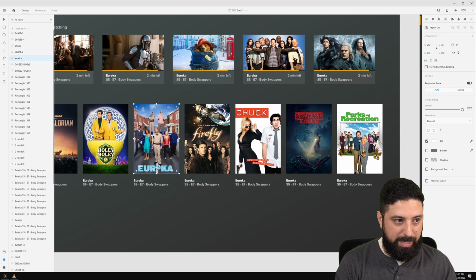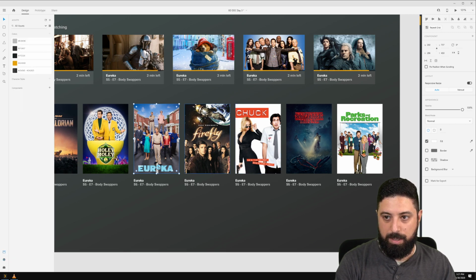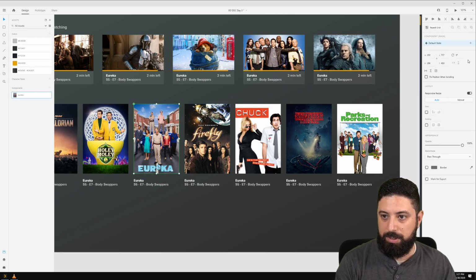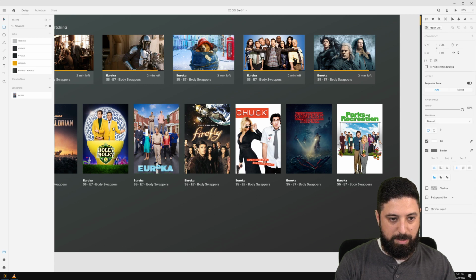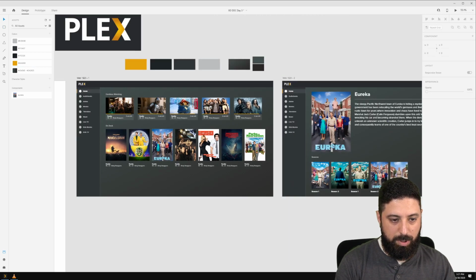And what I can do for that is I'm going to come in here. We can turn this into a component. I want to have a hover state. And in this hover state, I want to have a little button. It's going to be right here. And actually, no, I'm going to get rid of that for the moment. So we're just going to bring this one over, and we're going to animate this over here.